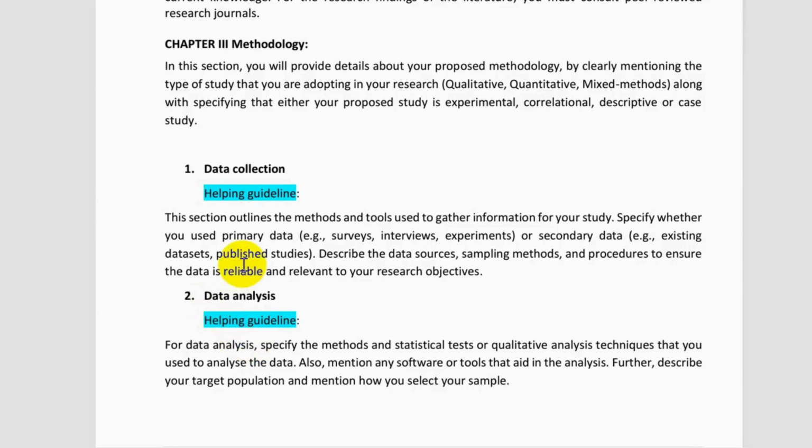First you have collected the data, now you have to analyze it: what results you have found after collecting the information for your research project. In this section you need to mention any software or tools that you have used for analyzing the data of your research project. For this section also, it is necessary for you to provide the evidence of the data analysis, like if you used any software or you manually analyzed the data. So you have to discuss and provide evidence of what software and what specific tools you have used in the data analysis section.